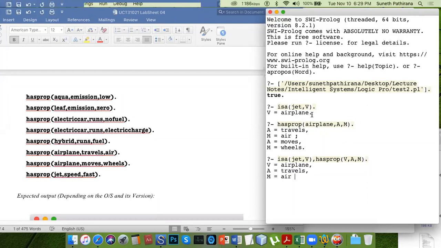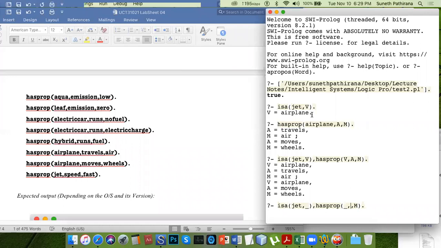V airplane. So vehicle category is airplane, and A action travels, M medium, using the medium air. We can ask if we don't mind the vehicle category, which is not necessary to us.